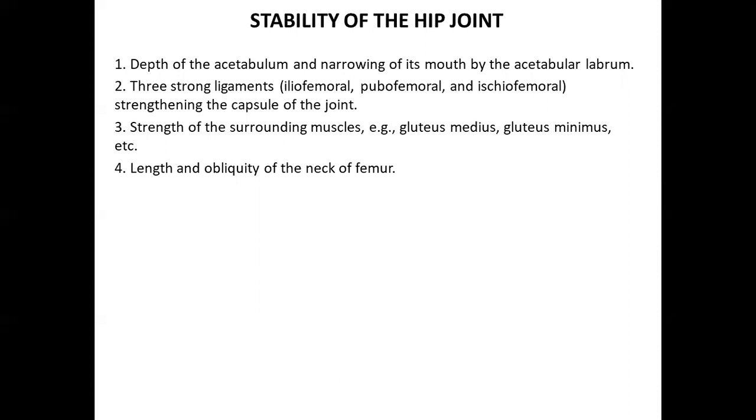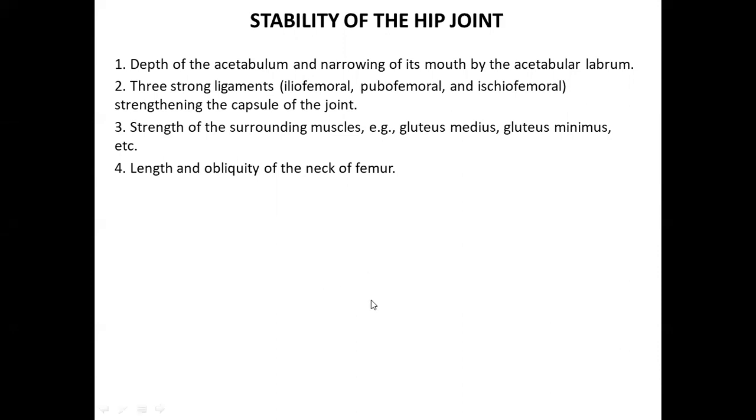Then the surrounding muscles around the hip joint, especially the glutei, are very strong muscles. They also play an important role in maintaining the stability of the joint, along with the length and obliquity of the neck of femur. We know that the femur is placed oblique in the body, and there is an angle between the neck and the shaft. These factors play an important role in maintaining the stability of the hip joint. Okay, now